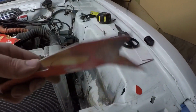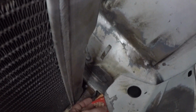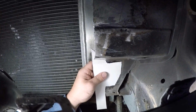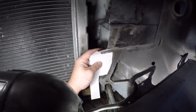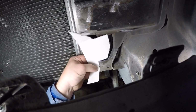So this just goes down in here like that, weld onto existing steel. Just try to get a better angle. See that all just go in here like that. It comes down, lines that up, straight down the side there, then this bottom piece will just fold up and